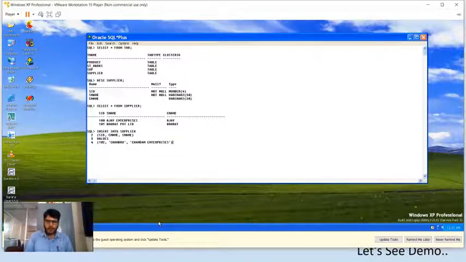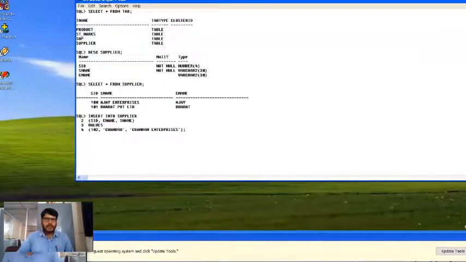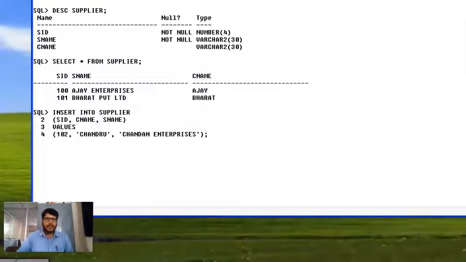Okay, so now look at the statement here, how I have written insert into supplier, and after this we need to specify the column names for which I want to insert the values: SID, C name, S name. In the same order we should pass the values here. After specifying the column definition, we have to use the values keyword, and later on we should pass the values for the respective columns.